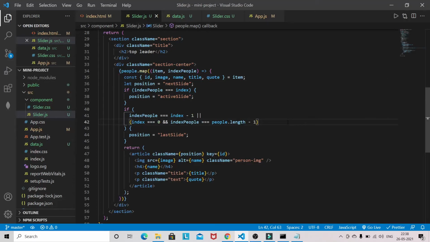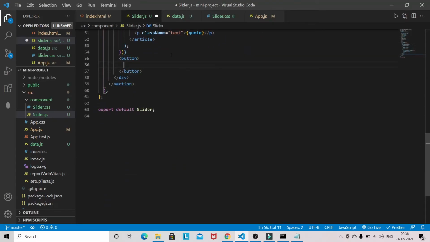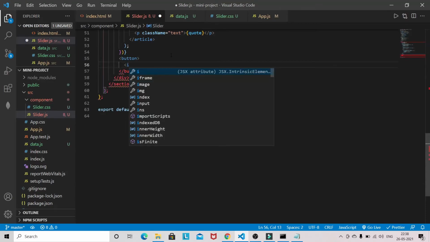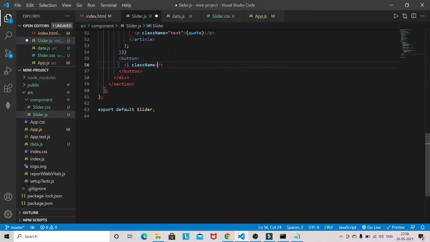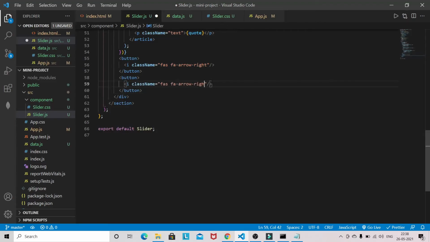We have already copied the CDN link of Font Awesome, so we will use that. Inside the button we will have our Font Awesome icon, class name fas fa-arrow-right. I will copy it again, and this will be arrow-left.